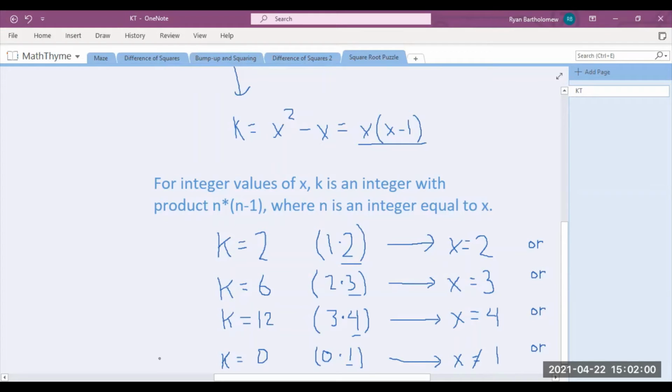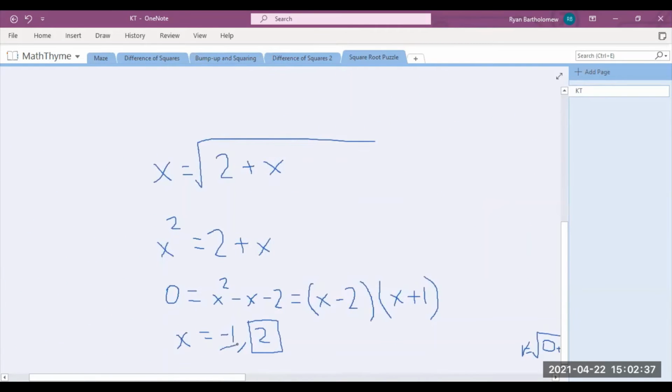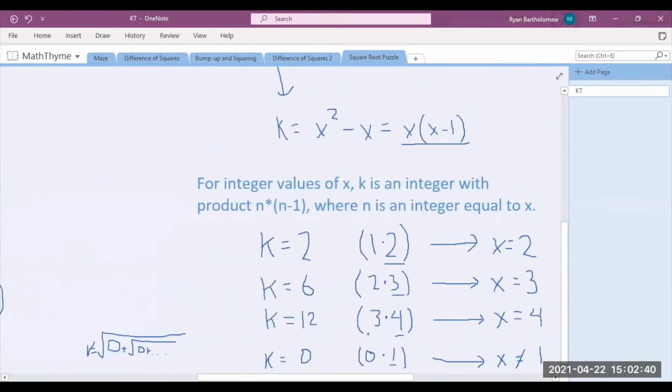Now there is one where it doesn't quite work, and that's k is equal to 0. So if we took k equals 0, that's the product of 0 and 1, and that would mean x is 1. But if we're looking at that, that would mean 1 is equal to the square root of 0 plus the square root of 0 forever. And obviously, that's not going to be 1, since we're just adding a bunch of zeros and square rooting. It's going to be equal to 0. And that brings us to the negative side of the equation. Earlier, we saw over here how we also got a negative root. And that is actually the answer to